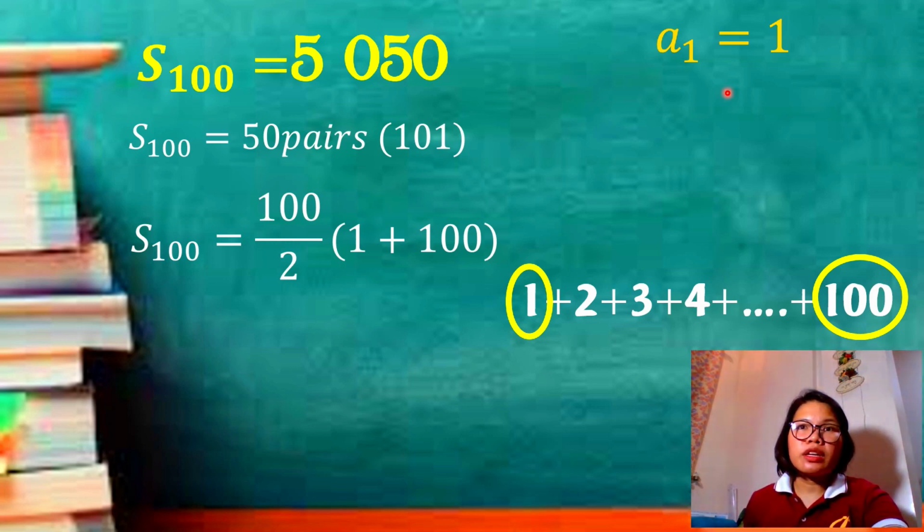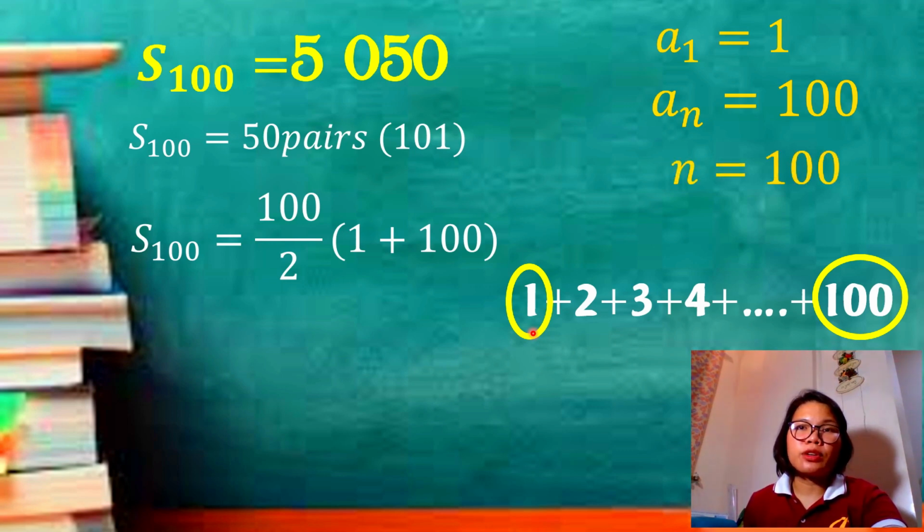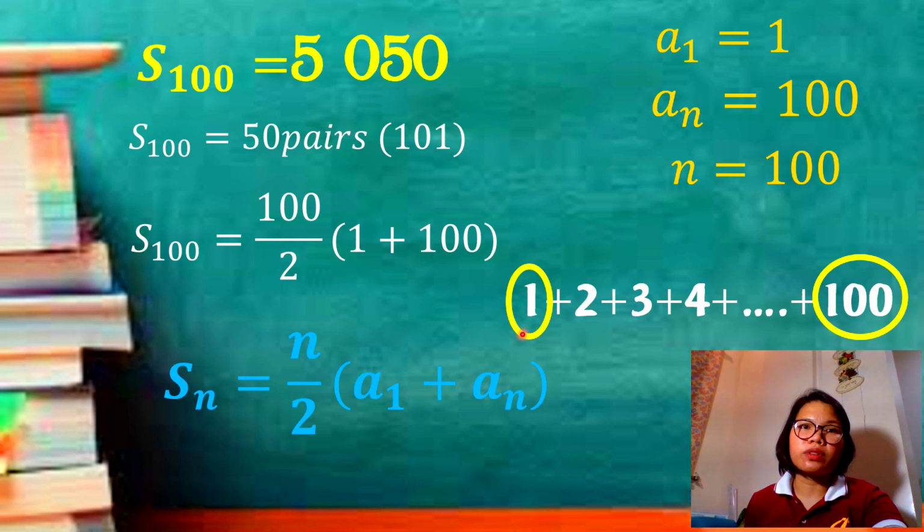Therefore, in our given, 1 here is our first term, and our last term is 100. The number of terms we have is 100. To simplify, all in all, the secret of Sir Johann is